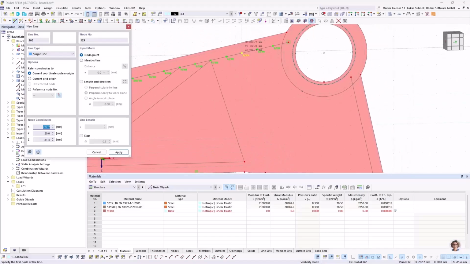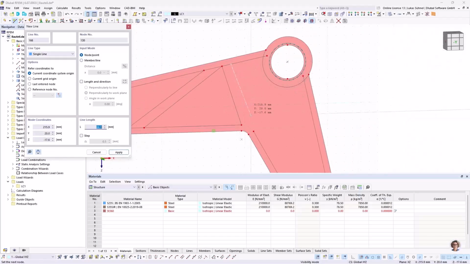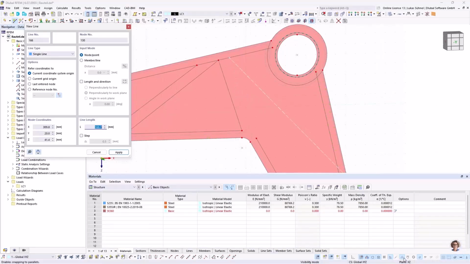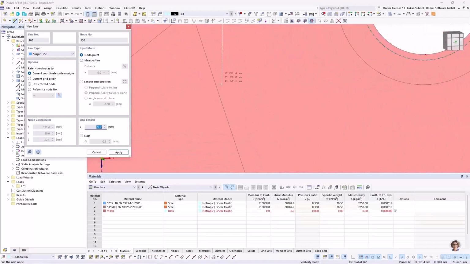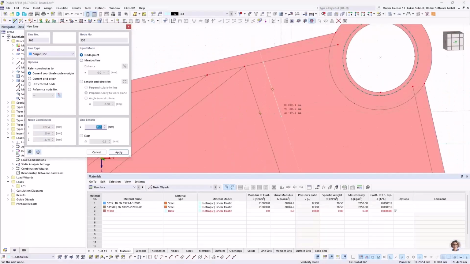Just some of these snap points. Now for that line, I would like to have a line somewhere ending here, but it should be parallel to the existing line that I just drew. And therefore I activated that parallel snap, and it's working in the following way. You just hover with the mouse over that line that you want to have a parallel line for until this yellow cross shows up. And if you create your line now and it is just somehow parallel to the existing